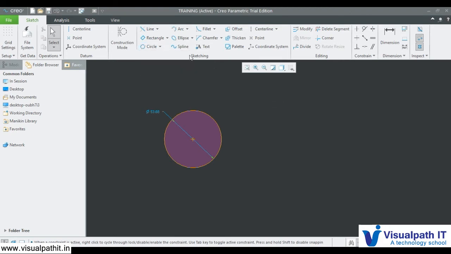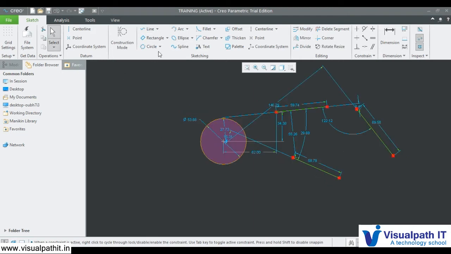And tangent and 3 tangent circle. Let's say I have 3 lines. If I have 3 lines, I want to create a circle which is tangent to all these things. Then I will create a circle.